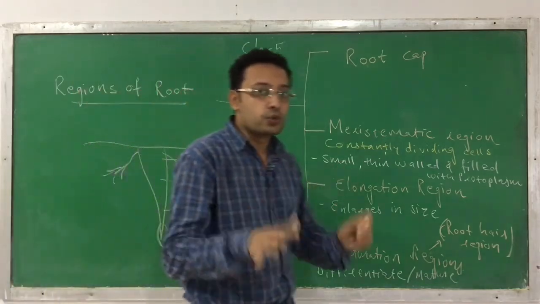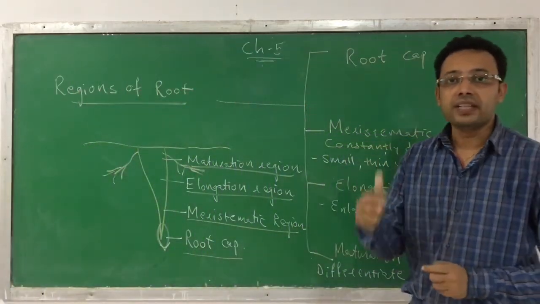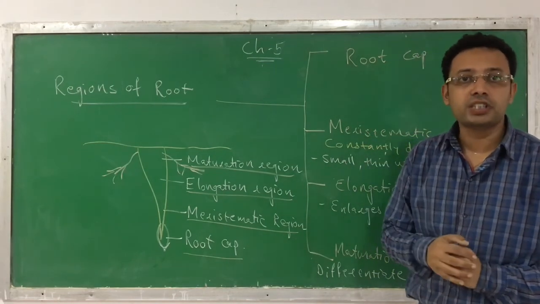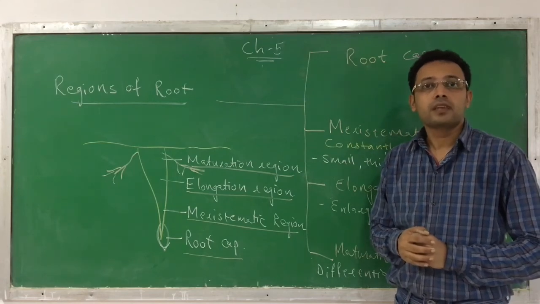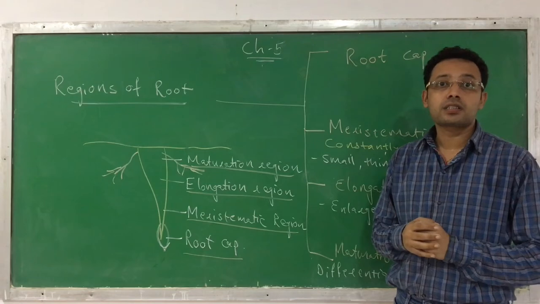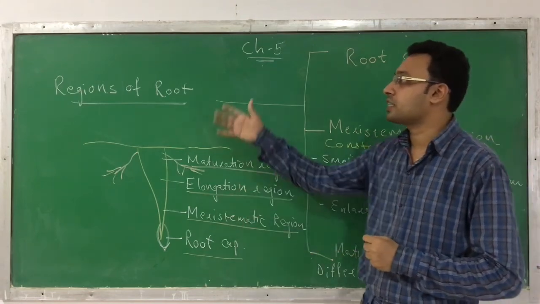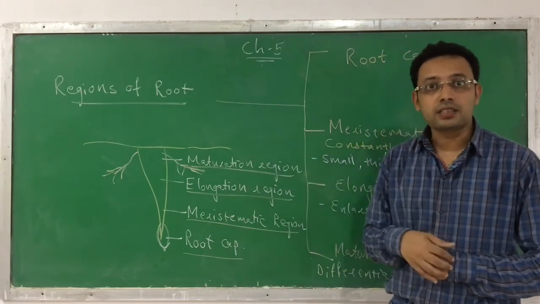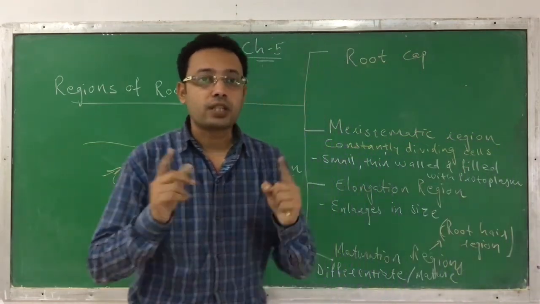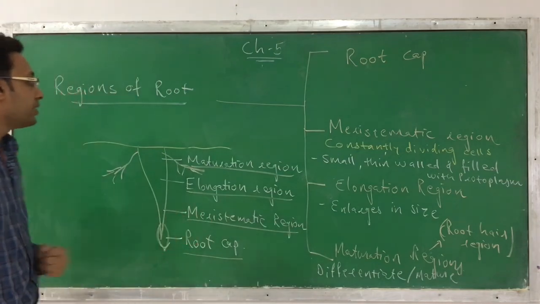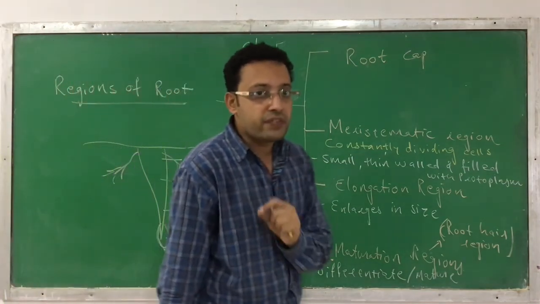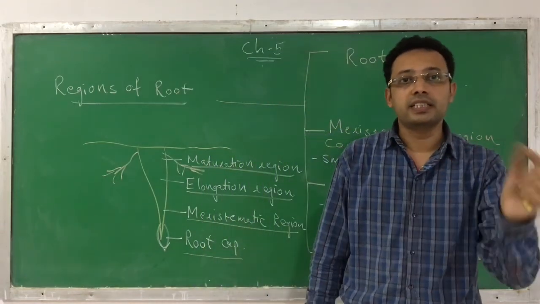Okay. So in this session we have learned what a root is, what morphology is, what anatomy is, what an angiosperm is, what the different organs are, and we have started the general characteristics of a root. We have also discussed the two different types of root and the different regions of a root that you can find. Regarding the functions of a root and the modification of a root, we will discuss in the next session.